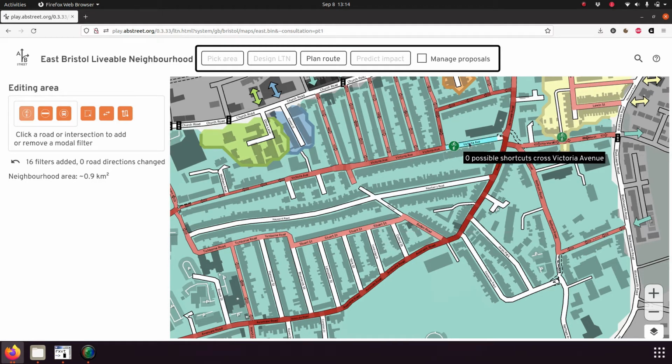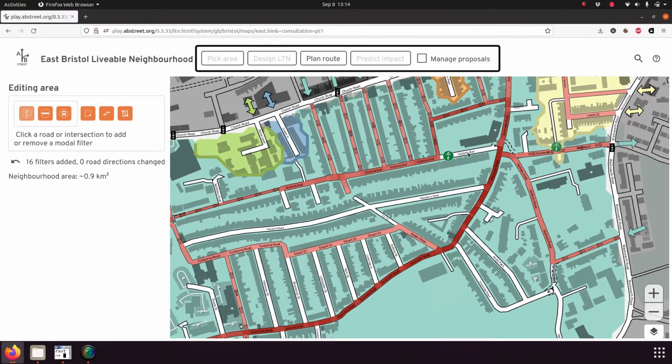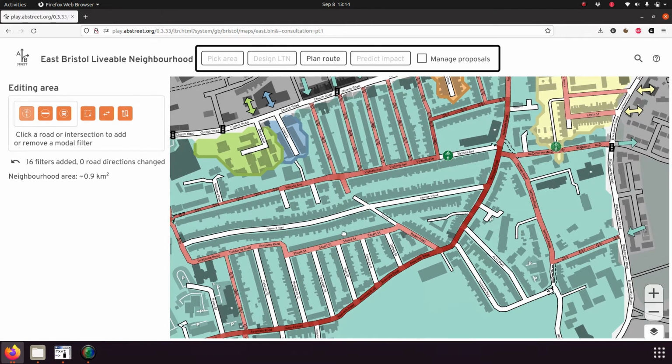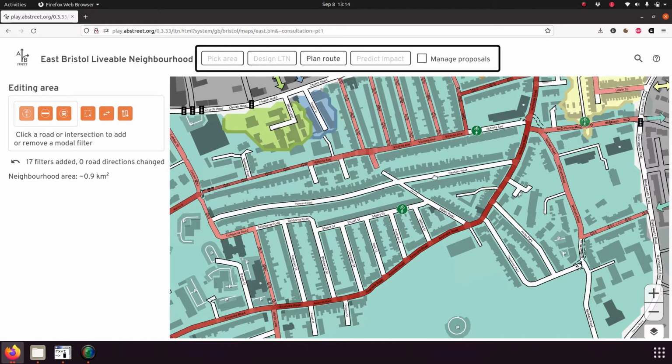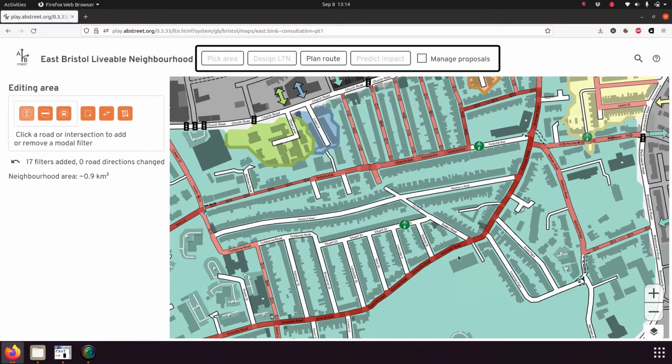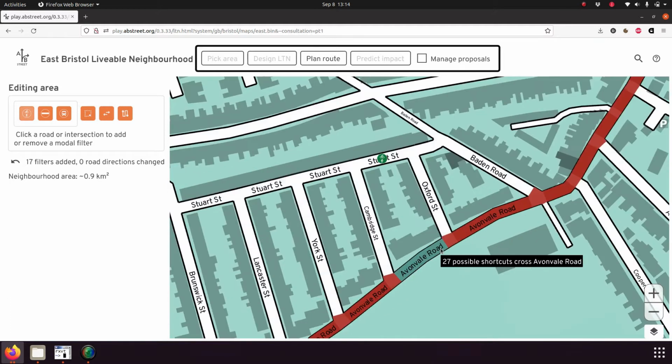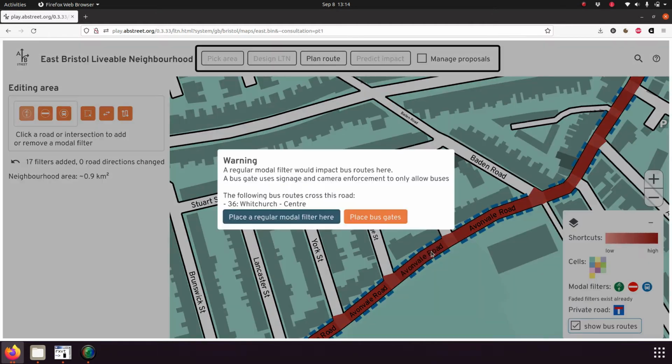bit more red. And so sort of intuitively, the reason is that if you block off Victoria Avenue here, people may try to drive down Avonvale and instead cut through Stewart instead. So let's just try putting a filter somewhere along Stewart Street to see what happens. You'll see that we still haven't created a cell, and so it's still possible to cut east and west by going on Avonvale. So if we click a section of Avonvale, we get this warning that says actually Avonvale has